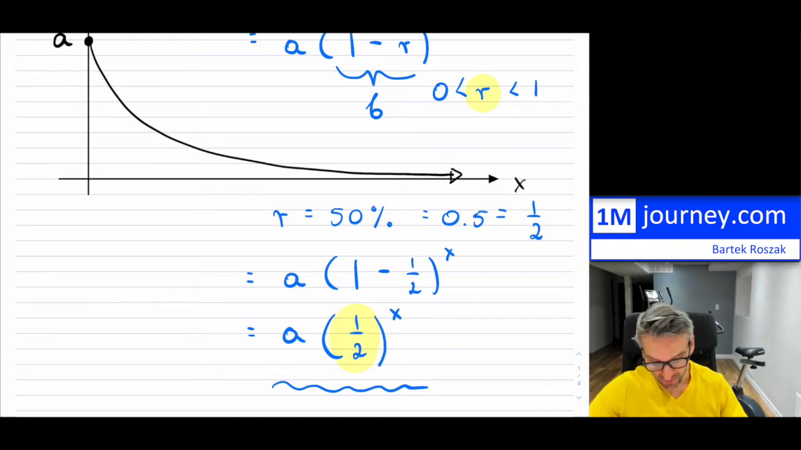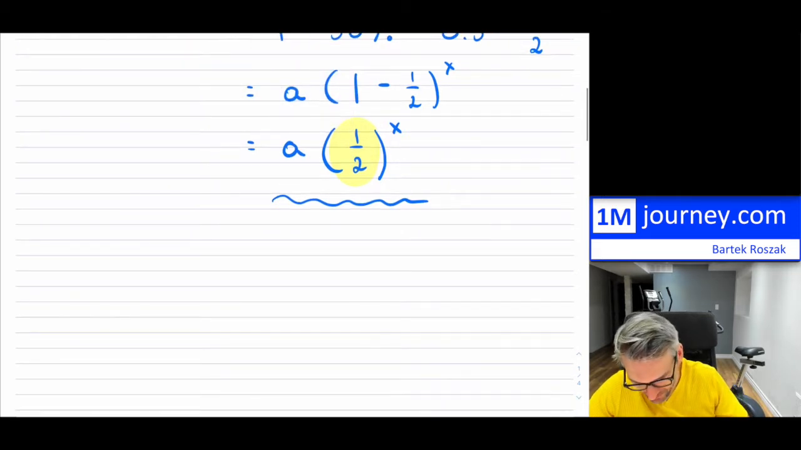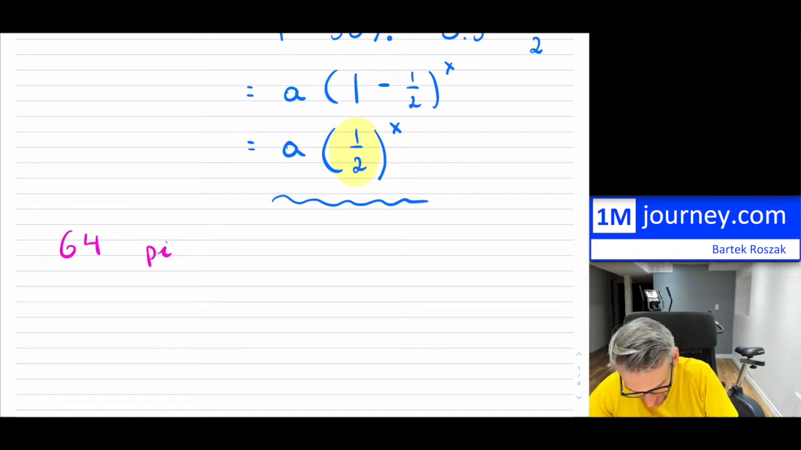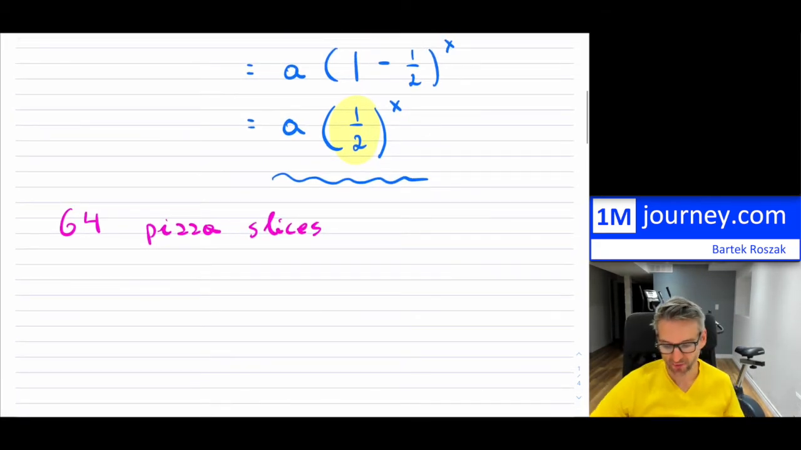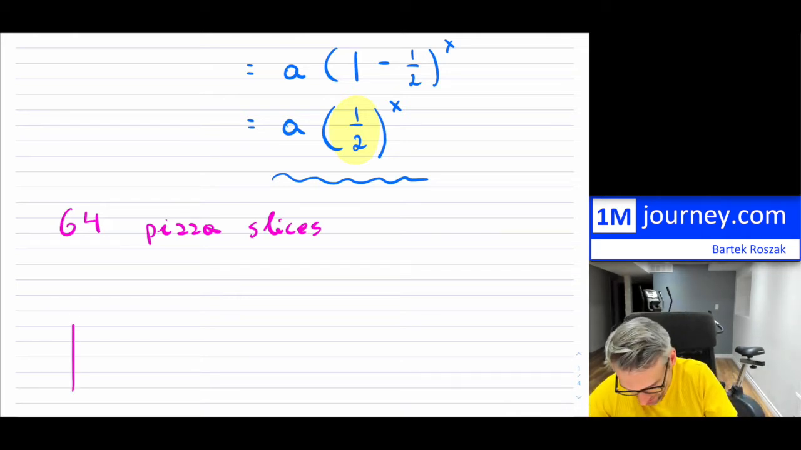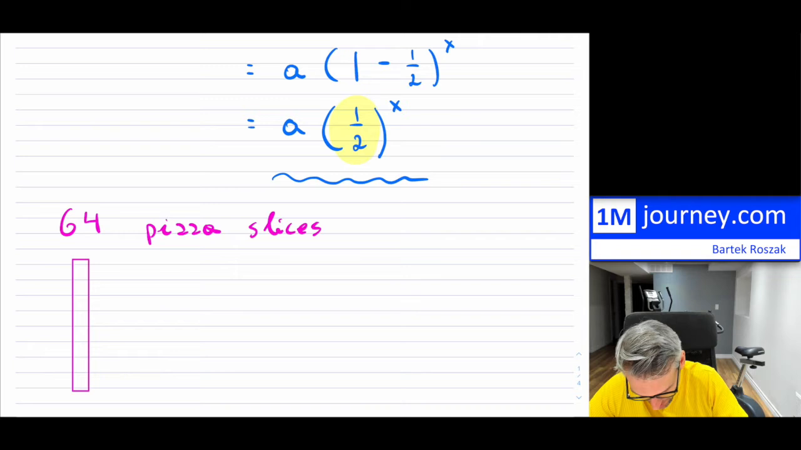So let's imagine, I'll make this up, but I just want to give you some intuition. Let's say we started off with 64 slices of pizza. So we had 64 pizza slices. And then someone comes along and says, okay, how long would it take for half of the pizza to be gone? So from 64 slices, we basically are interested in